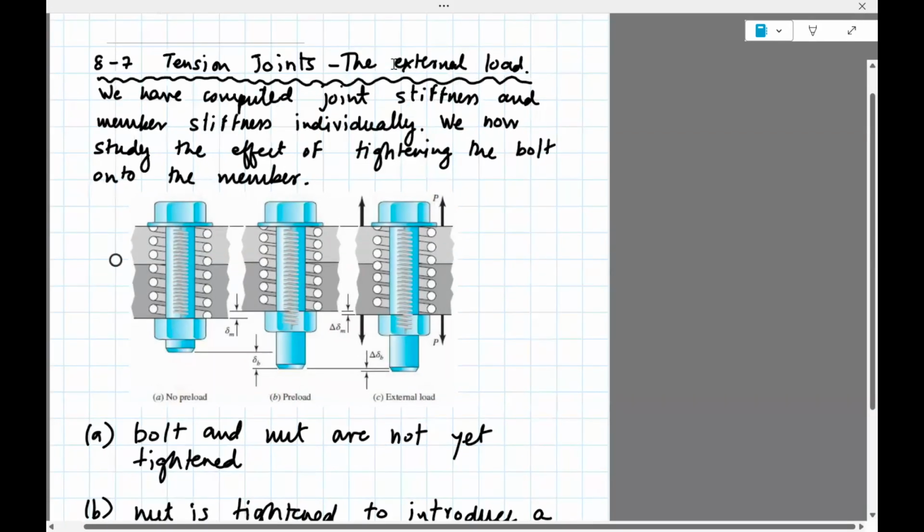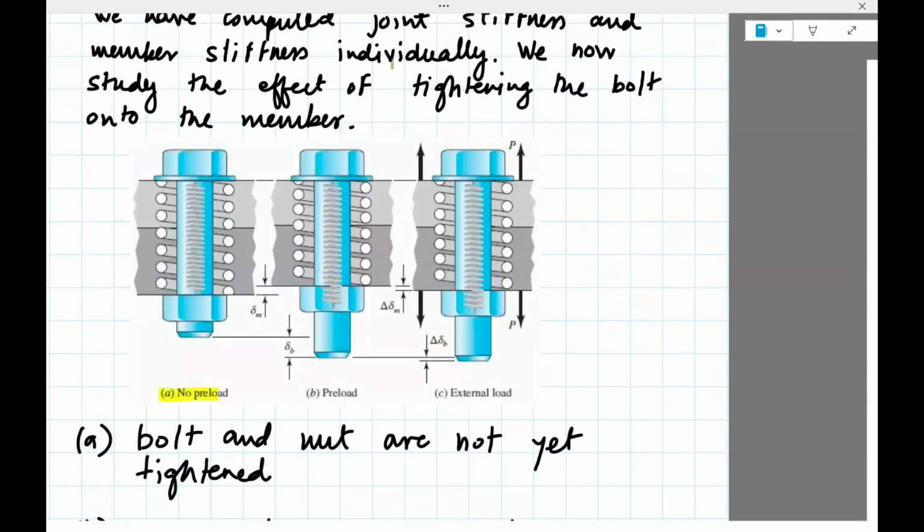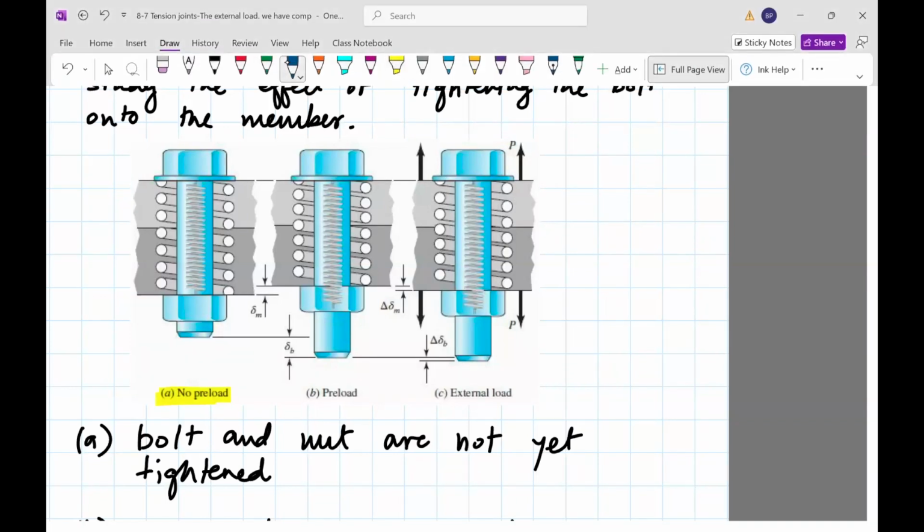Okay, so here we have three scenarios. One is that the fastener is put into the member and then the nut is put in there, but there's no tightening. So it's just in the rest configuration, nobody is carrying a load. Now what is done in the second figure is we apply